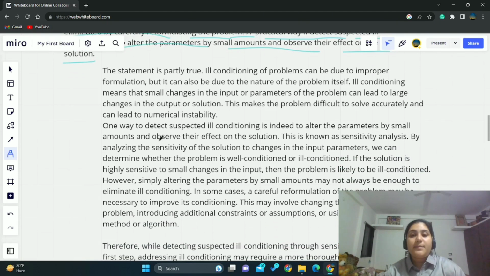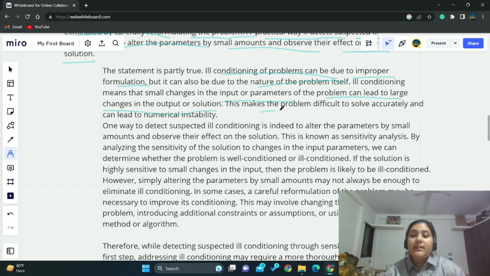This statement is partially true. The ill condition problem can be due to improper formulation, but it can also be due to the natural problem itself. Ill condition means the smallest change in the input parameter of a problem can lead to a large change in the